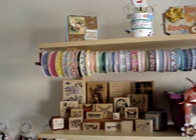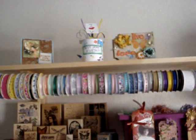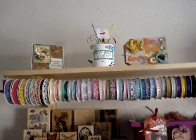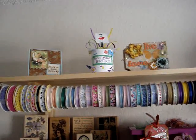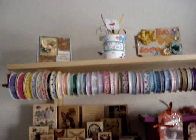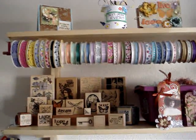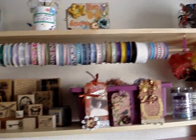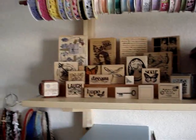Up top is kind of a display shelf. And there's an award that my daughter made for me. Apparently, I'm the best mom ever. And then here I have a dowel that I've hung from the shelf that holds all my ribbon that's on spools. And then these are some of my favorite